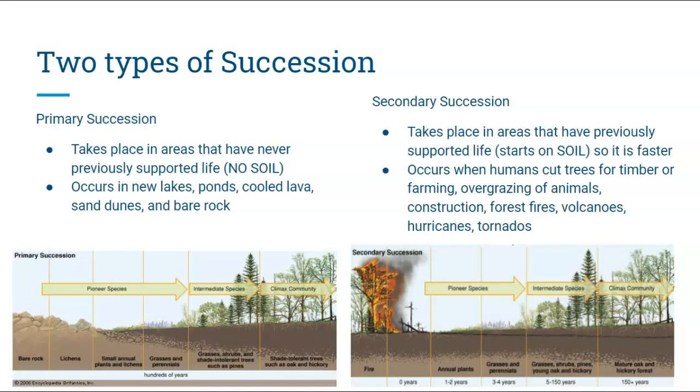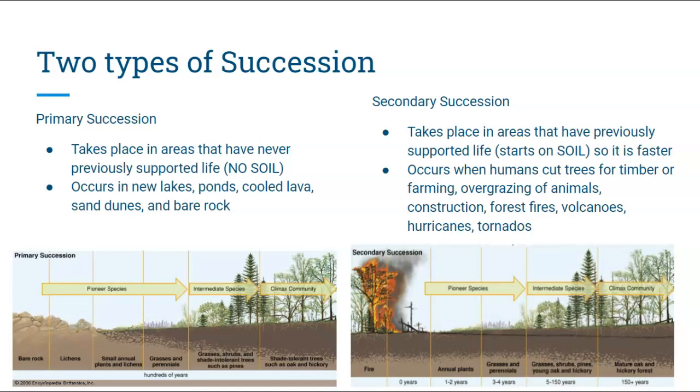I know, shocker, but humans do cause quite a bit of damage to ecosystems, and so some of this can be caused when humans cut trees down for timber, deforestation, they cut it down for farming purposes, or they overgraze. Animals overgraze areas and eat up all the grass that's there, or humans use it for construction. But this can also be caused by natural things too, right? Forest fires, volcanoes that don't cover everything but just some of the area, hurricanes, tornadoes, anything like that, where there's